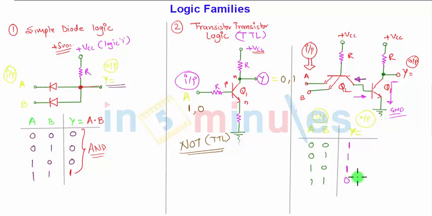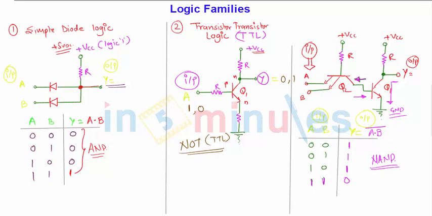And if you see carefully, this is nothing but the negation of AND, that is nothing but NAND operation. For the AND operation, only when both the inputs are present is the output 1, and here the opposite case is occurring, so it is Y equal to A AND B, and it's a negation of that, so it is a TTL NAND gate.